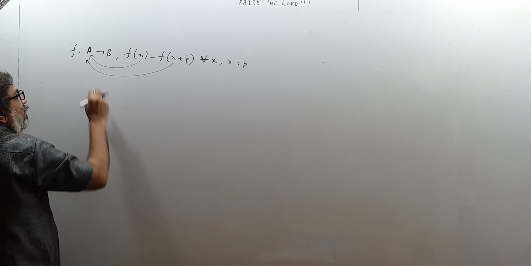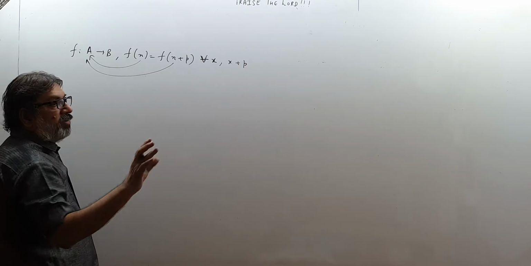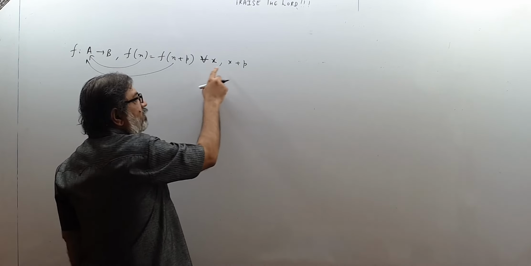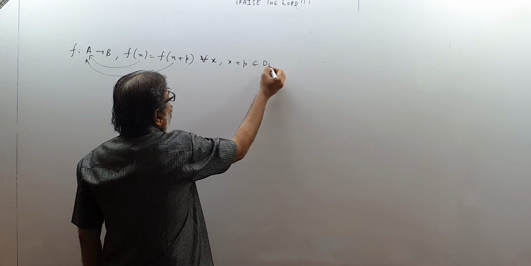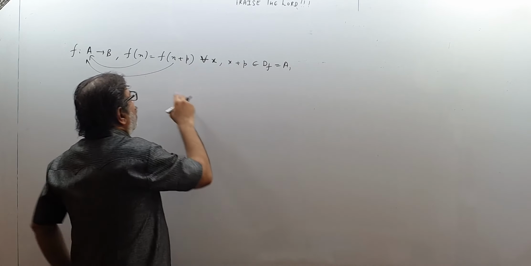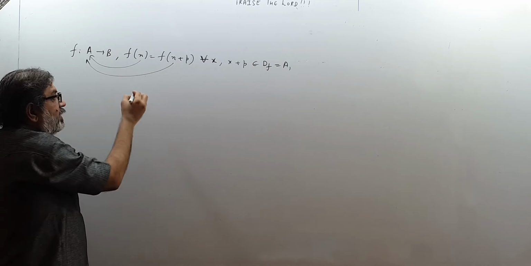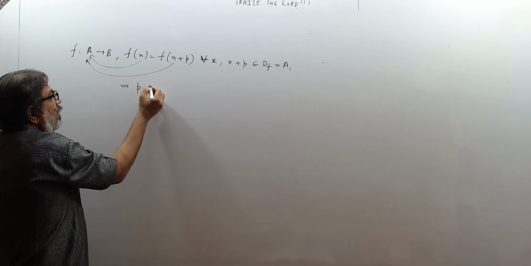Please remember, when we put anything in f, that is coming from the domain. So x and x plus p should be present in the domain. For all x and x plus p belonging to the domain of the function, set A, if f of x is f of x plus p, that implies p is